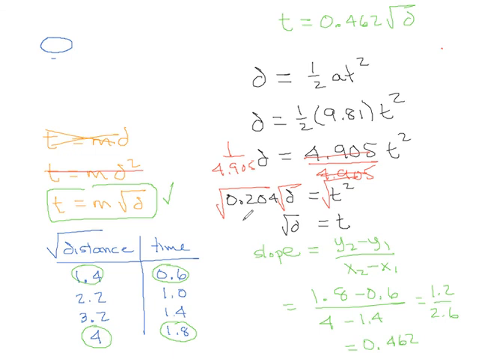And if you do the square root of 0.204, you get, well, when I just did it, I got 0.452, and that's because there was a little bit of round-off error in the numbers that I was putting in the table of values. So when we worked this out, we got 0.462, because not very high precision. When I do it this time, I get 0.452, but you can see that this is how I cooked the numbers that went into the table of values, and then when we pull that number out, we get pretty much the same thing. We're off by a couple percent because of round-off error, but there is real physics behind this,